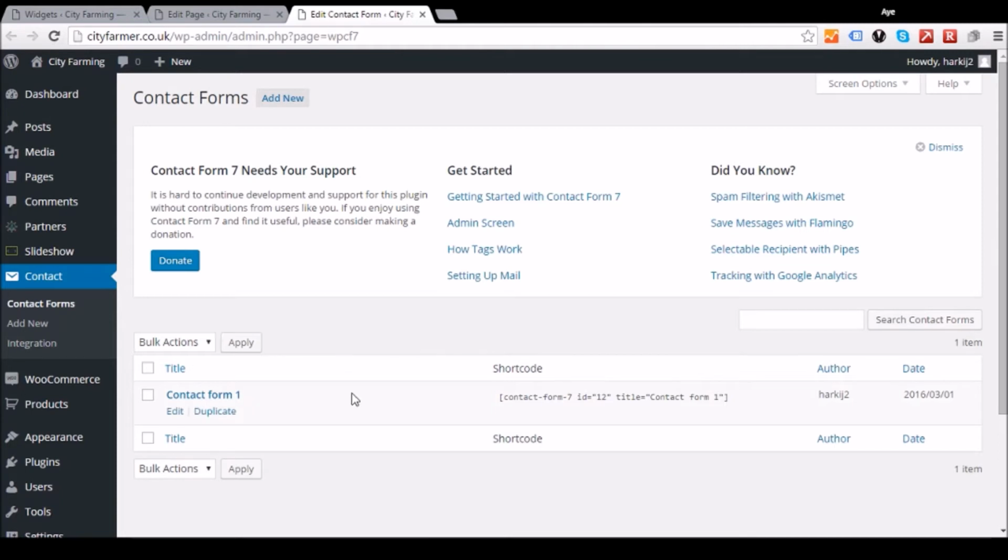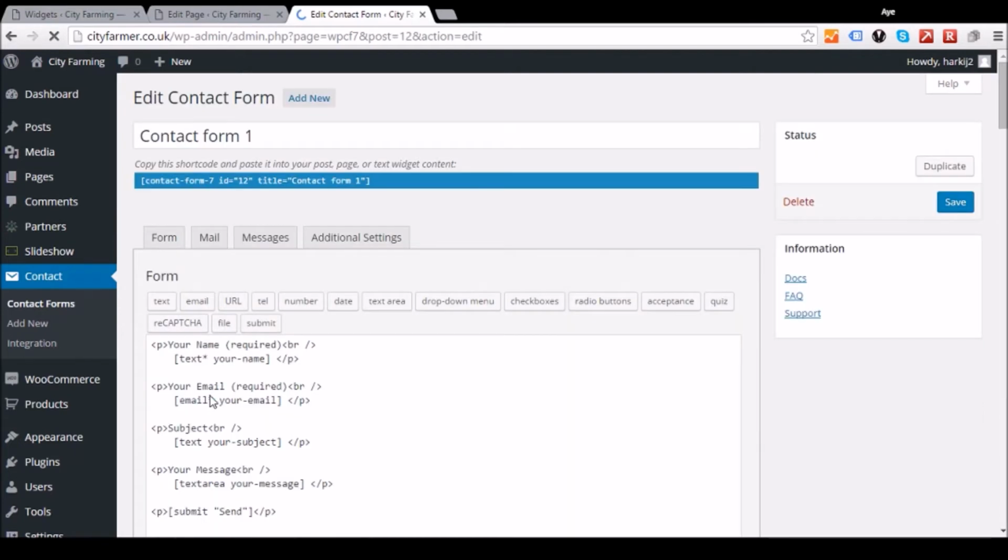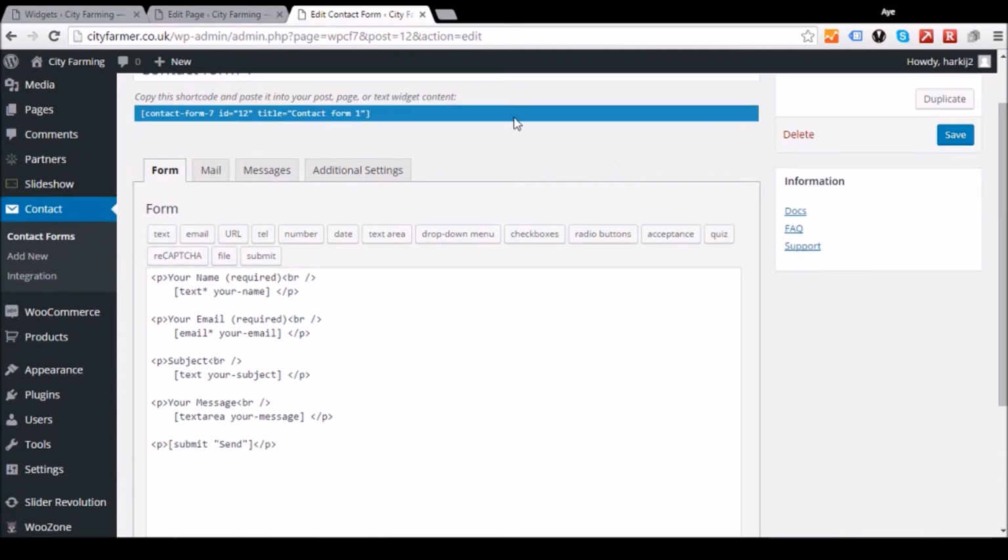Obviously you don't need to, you could just copy the short code from there, but I'm just going to show you what's inside. In this you can change your form, you can add stuff, you can ask different questions, but I'm just going to leave it the same. Your code is at the top there, so if you copy that and then hit save,